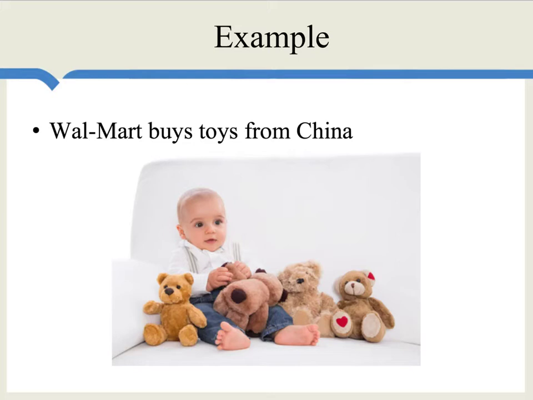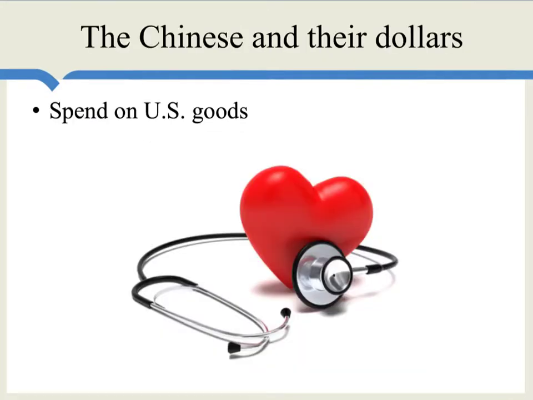So let's say that the company Walmart is buying toys from China for the eventual purpose of reselling them in its American stores. That's money flowing out of the United States to China to buy the toys. The question then is, what will the Chinese do with this money? And here we have a few different categories summing up all the possibilities. But the first one is simply that the Chinese might spend that money on U.S. goods. Pictured here, well, medical devices is one area where the Chinese have been importing a lot more from the